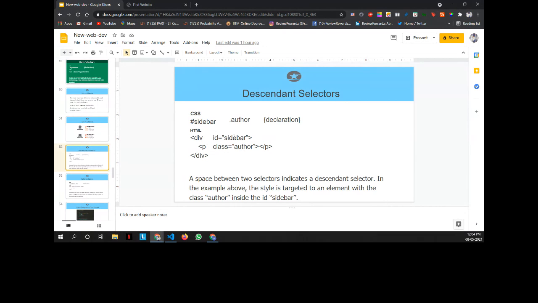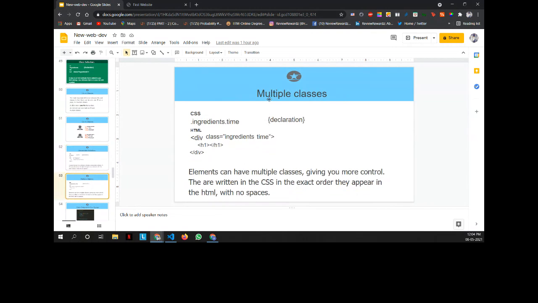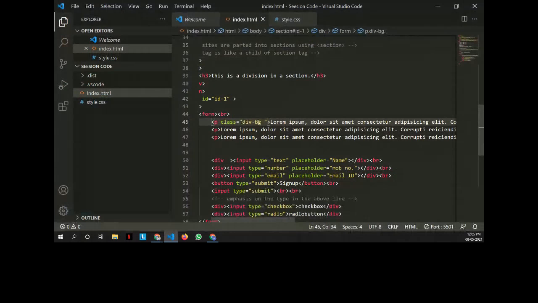So it will not inherit the properties, but it will apply the properties which it has on its own in the P tag. Like if there is a color black inside the author class, and in the div we have the color as white, then the black color will actually be applied in the P tag because it's the class given inside the P tag. And about multiple classes, I just gave you all a demo that we can add multiple classes by just adding a space and giving the class names.